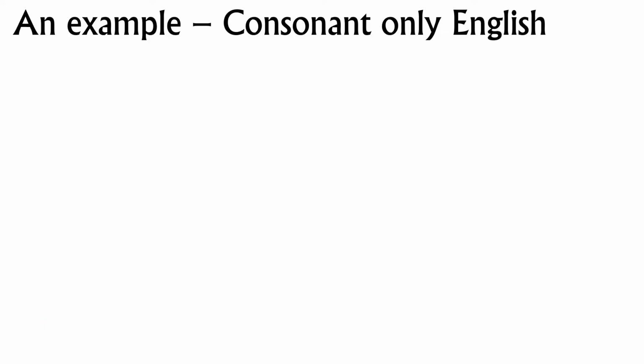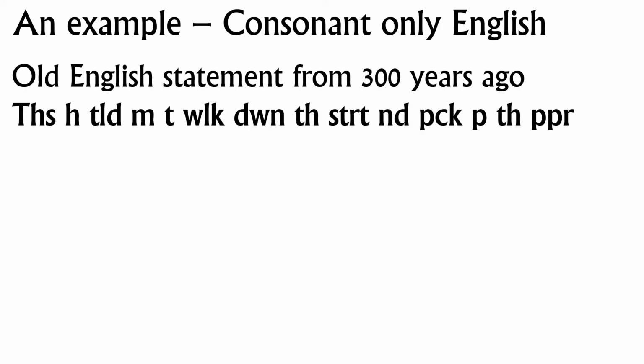So here is an example of what we've gone over for people who speak English, for some of whom this may be really confusing. Imagine that 300 years ago, English was a consonant-only language with no vowel markings and no vowel letters, and no punctuation marks, and that everybody just learned English and understood how to read based on consonants alone. So, for example, imagine that this statement you see in bold is an English statement from 300 years ago.